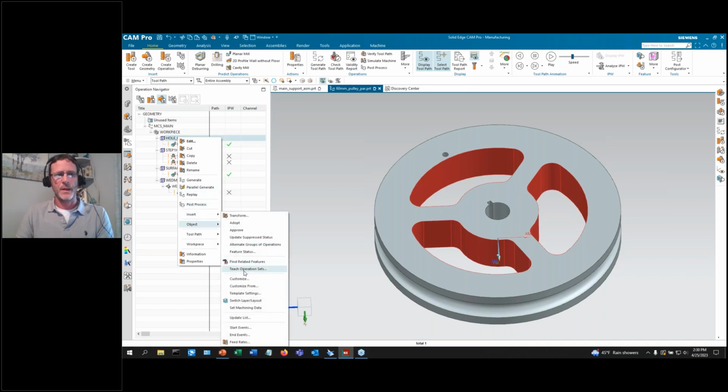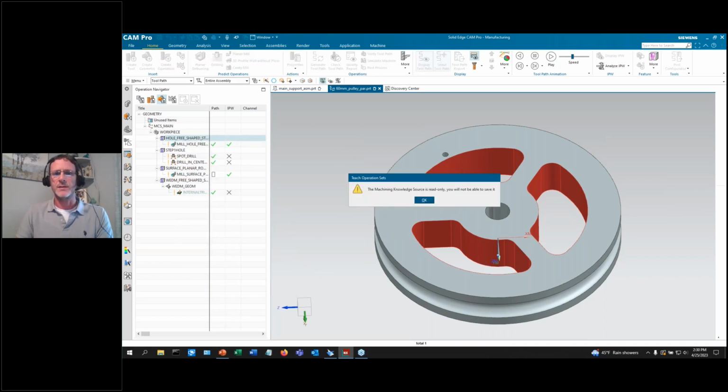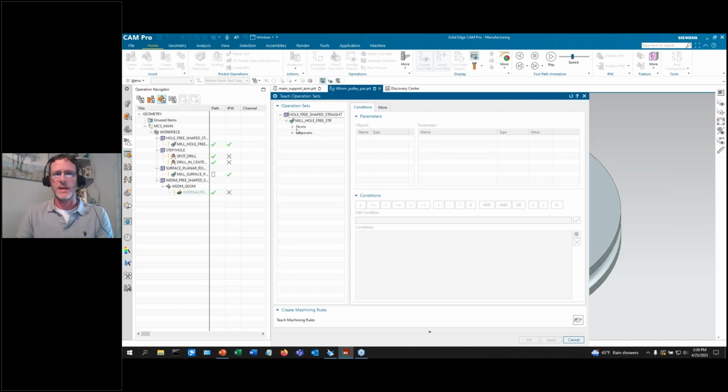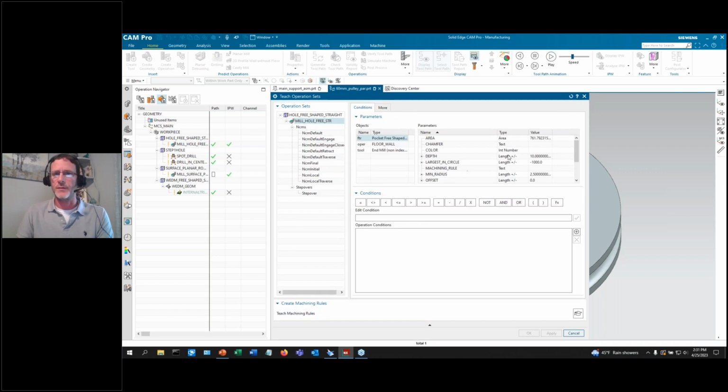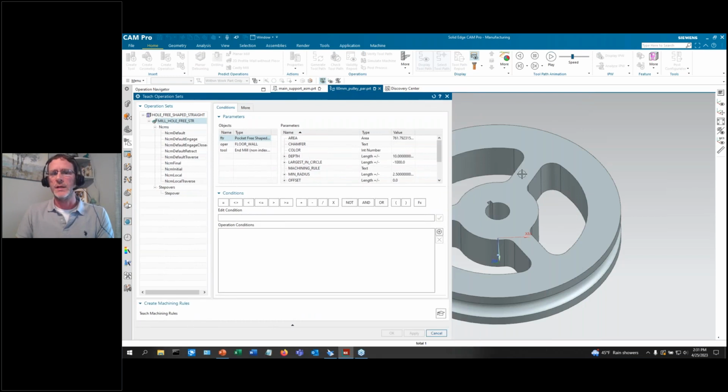Object, teach operation set. Now this dialog box is comprehensive. It has everything to do with that operation, your non-cutting moves, how it starts, how it stops, all of the different characteristics. And then we can even go further and say, I want this logic to be used on any type of pocket that has up to a 6 millimeter corner or 3 millimeter radius in the corners, no matter how wide, no matter how long, and up to, if my tool has 10 millimeter of flute, up to 9